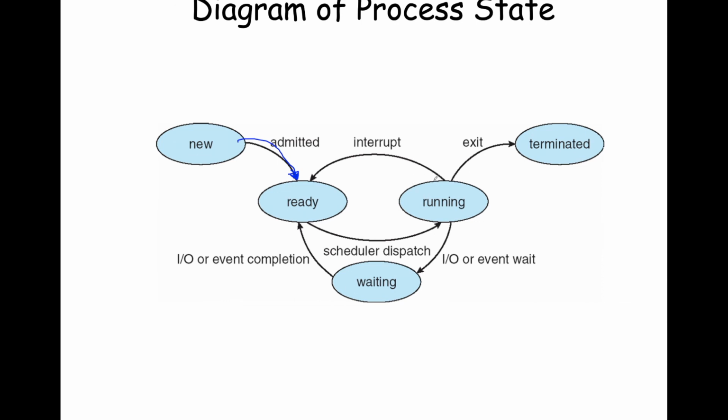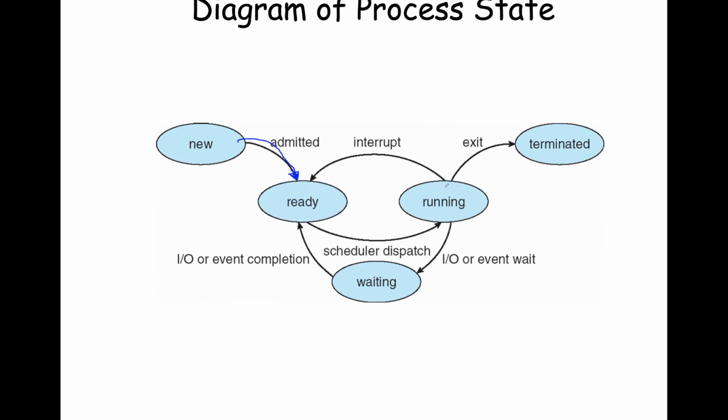For the other transition, you're going from running, and an interrupt occurs. The interrupt could be because you executed a system call, and there's a special type of interrupt that is thrown when your fractional use of the CPU, that time, is up. When that interrupt fires, you're taken off the processor, your information is written down in the data structure, and then you transition to ready, and you're available to be selected again for fractional usage of the CPU.